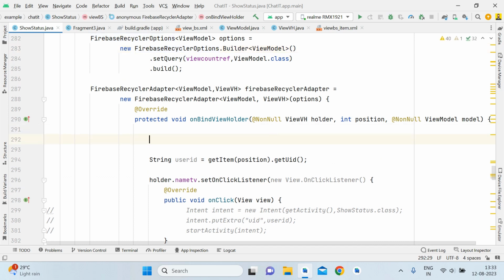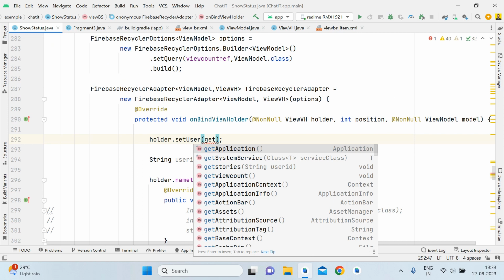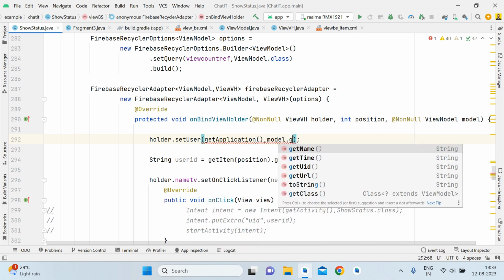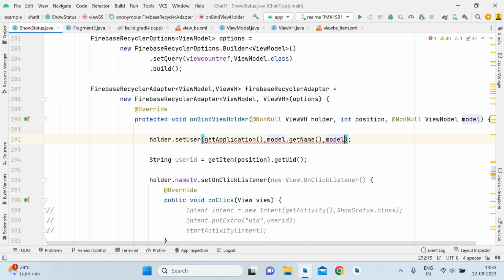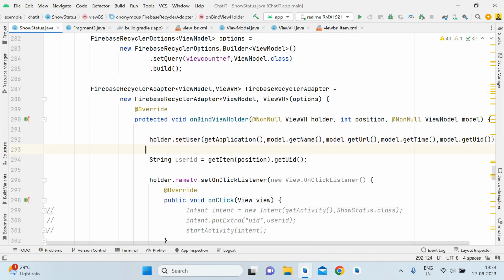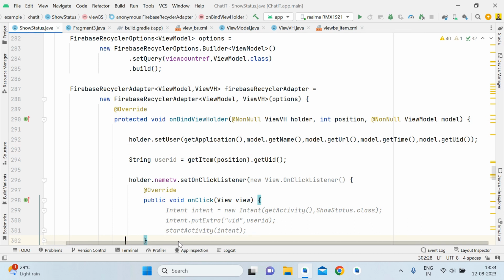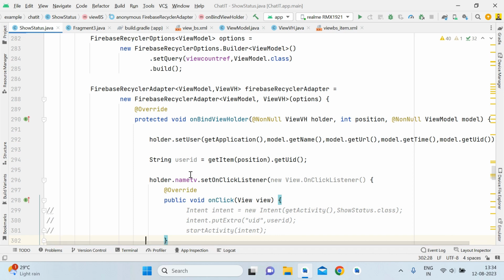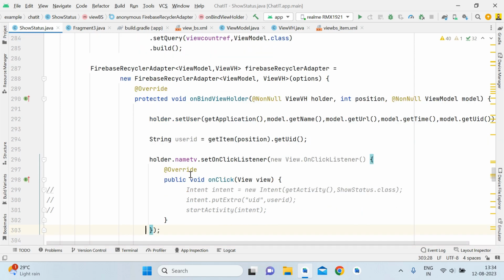Now after that, here you have to write holder.setUser, write getApplication, and then model.getName, model.getUrl, model.getTime, model.getUid, and then semicolon. So guys, almost coding part is complete. I hope we are not doing anything wrong. Yeah, everything is correct. Let me check. Yeah, the code is